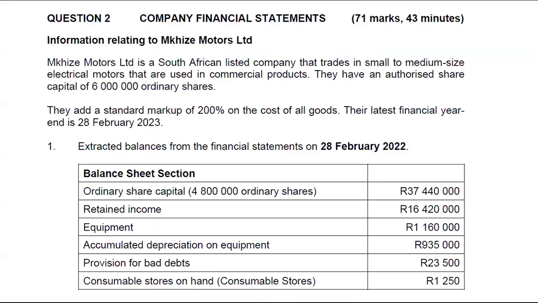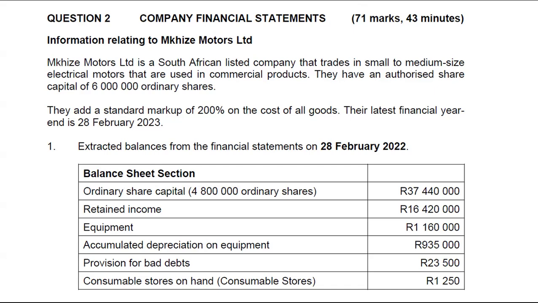I'll be doing accounting paper one, which is this year's accounting paper. In the video for today, I'll be focusing more on question two. Now, question two is all about financial statements, 21 minutes for 43 marks. We've got information relating to Mkhize Motors Limited,